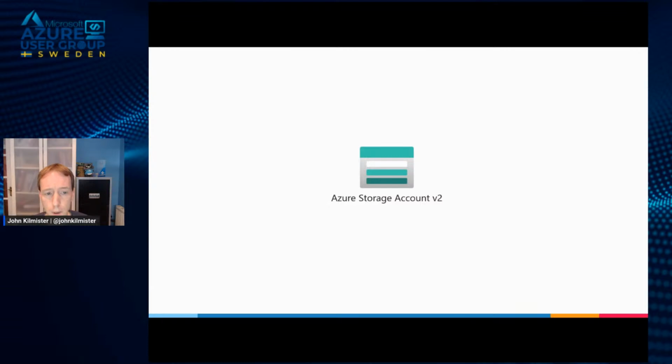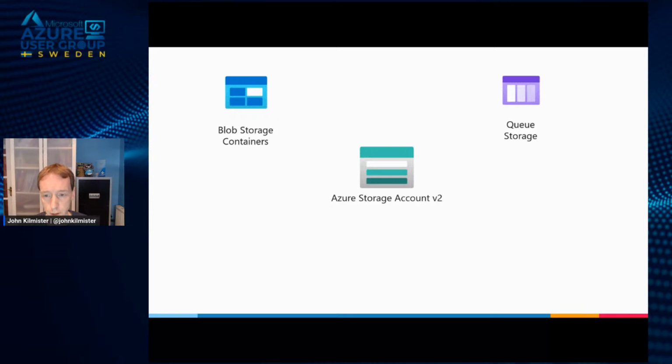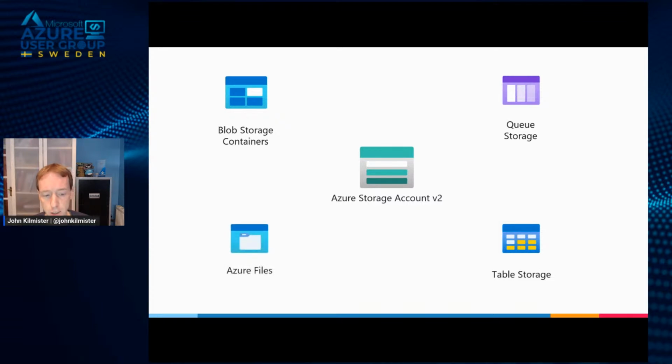I mentioned that blob storage is part of Azure storage accounts, but there are some other things and it's worth a quick shout out to them. As well as blobs, you also have queue storage, which allows for millions of messages on a FIFO messaging queue basis. There's also table storage, one of the cheapest ways to store unstructured data in Azure, and Azure Files, should we want to use file shares and high performance file storage. All of these other areas could have many hours of presentations on their own, so we're going to focus in on blob storage containers.